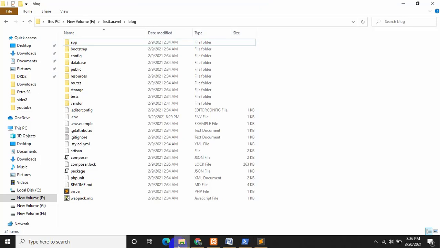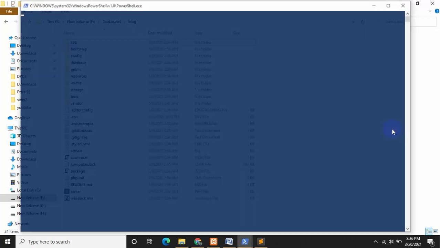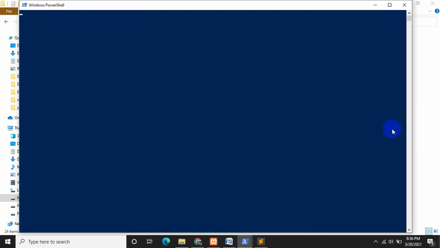So let's go to our project directory, and over here again click Ctrl Shift and then right click on your mouse and then go over here, open PowerShell window here, just click it, it will open another PowerShell. Okay, and over here we will create our controller.